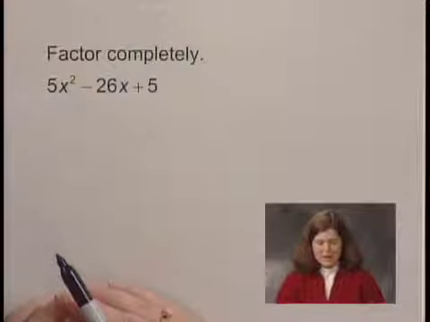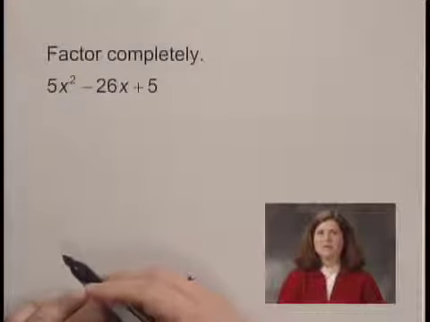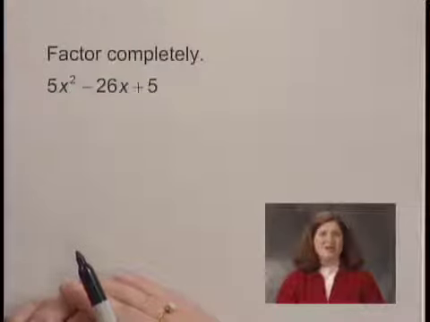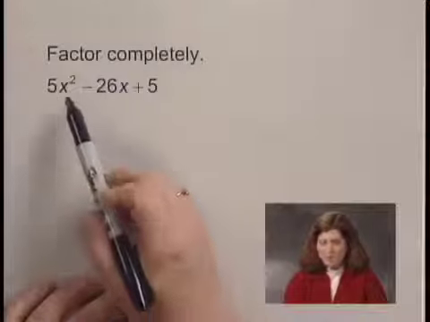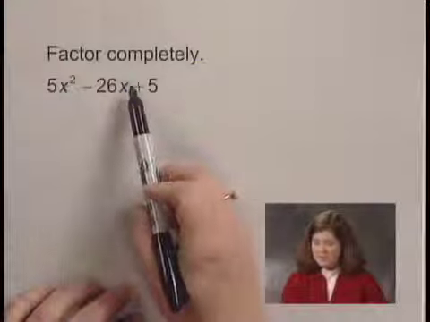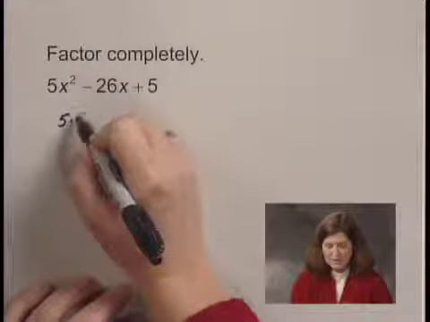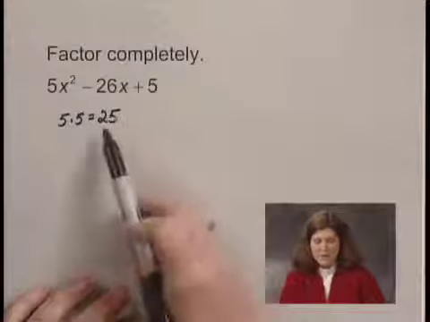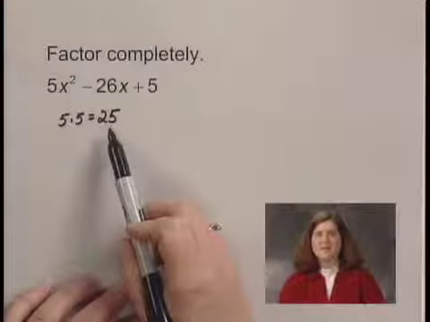So we need to factor, and we can factor using the FOIL method in reverse, or we can factor using the AC method. And this time we'll try to factor using the AC method. Using the AC method, we first multiply the leading coefficient 5 times the constant 5, and we get that 5 times 5 is 25. Then we need to factor 25 in such a way that the sum of the factors